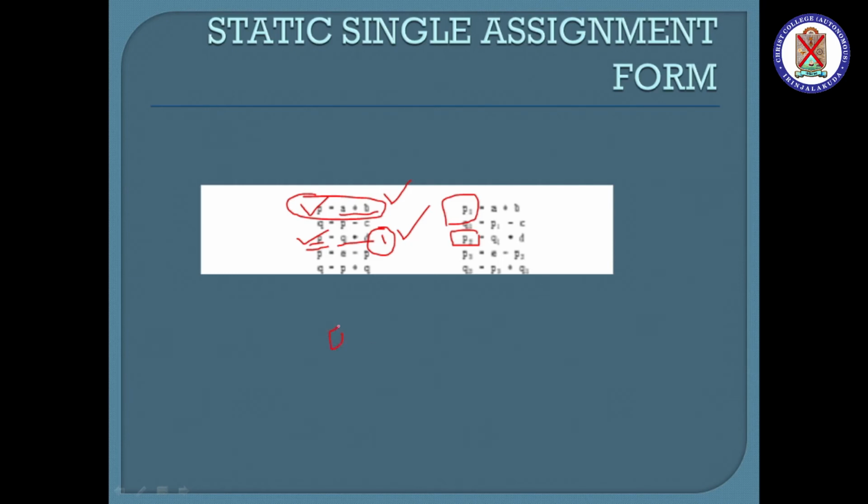So another advantage is that if x is true, x equal to minus 1, else x equal to 0. So these two variables have the same name, x, isn't it? I am using x here, and also here I am using x. So if x is true, it is called minus 1. If x is false, x is equal to 0.